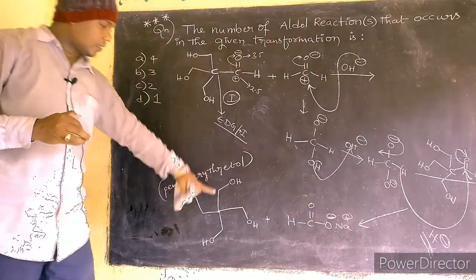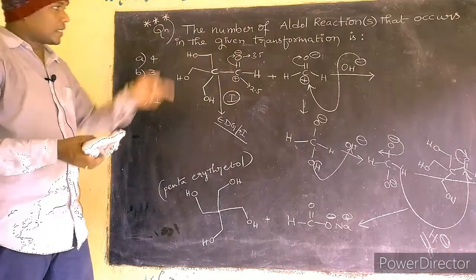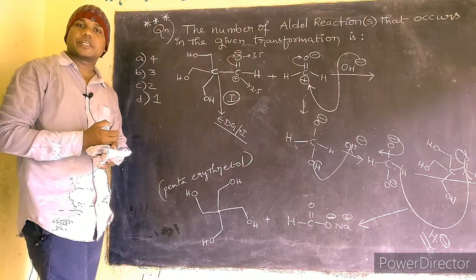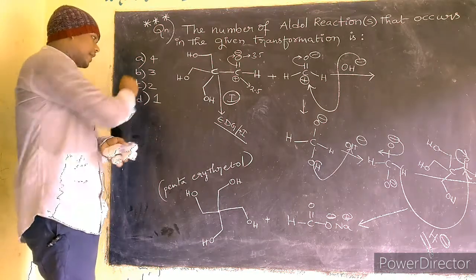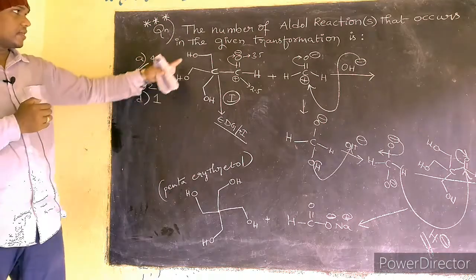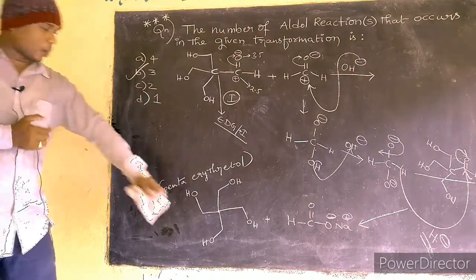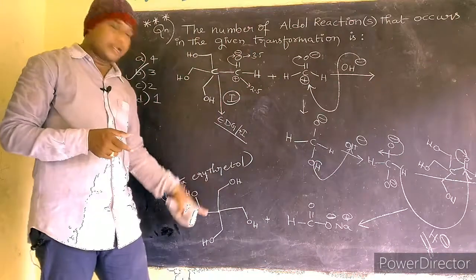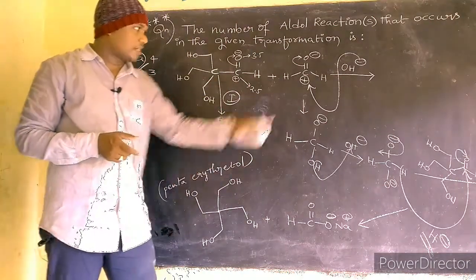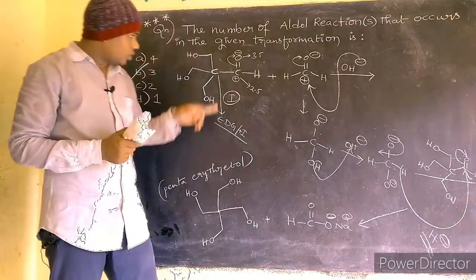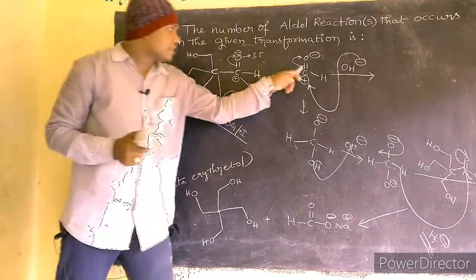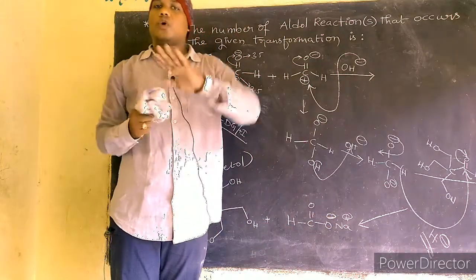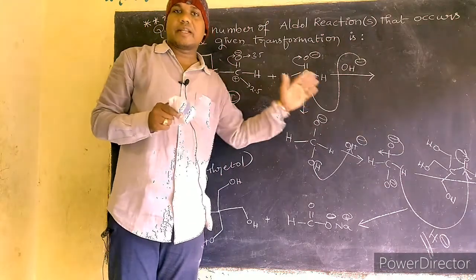So from here to here, this is the Cannizzaro reaction, but the start is aldol condensation. So in the starting reactant species, how many alpha hydrogens are there? Only 3 hydrogens. So 3 aldol condensations are possible in this given transformation, correct? So the final product is this one. Out of these two, this will be the oxidized product and this will be the reduced product, correct? This aldehyde is converted into alcohol, this aldehyde is converted into carboxylic acid. So both oxidation and reduction reactions take place in the Cannizzaro reaction.